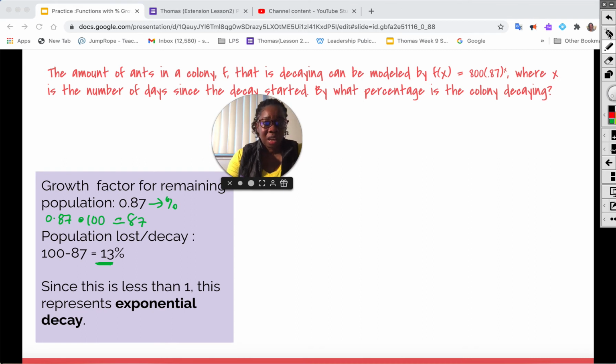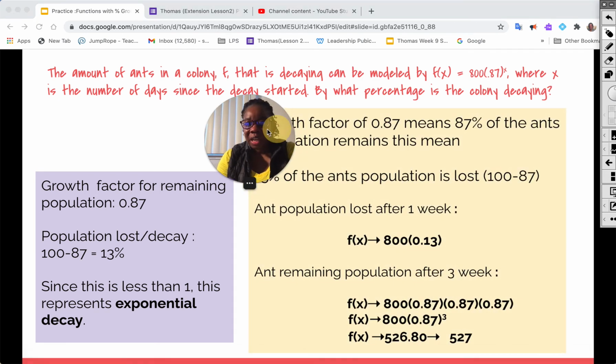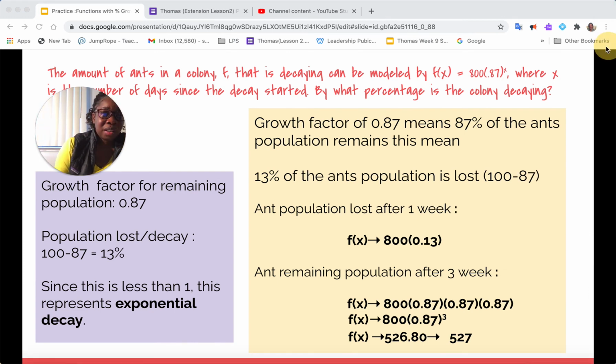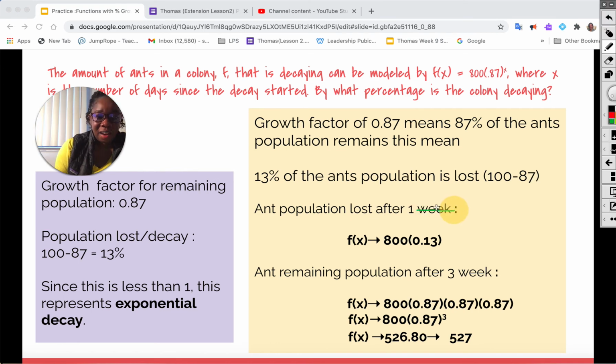Now, as we continue, so we're saying that, hey, our growth factor is 0.87, and that means 87% of the ant population remains. And this also means that 13% of the ant population is lost. So if we want an expression that shows us the ant population that is lost after 1 day, they should actually say 1 day. So let me fix that. After 1 day,